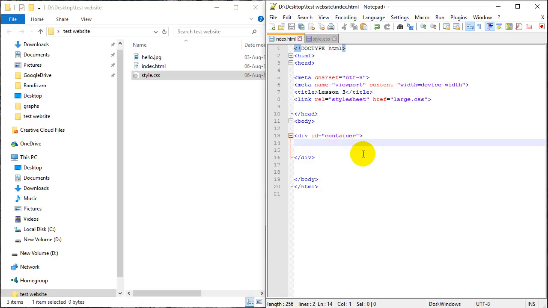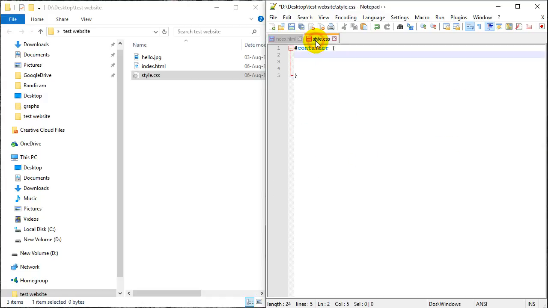I'm going to put some text into the container. So I'm going to go, this is the container containing the whole page. So then within the container div, I'm going to set a width for it. I'm going to make it 960 pixels. You can make it however many pixels you like. And then I'm going to set the